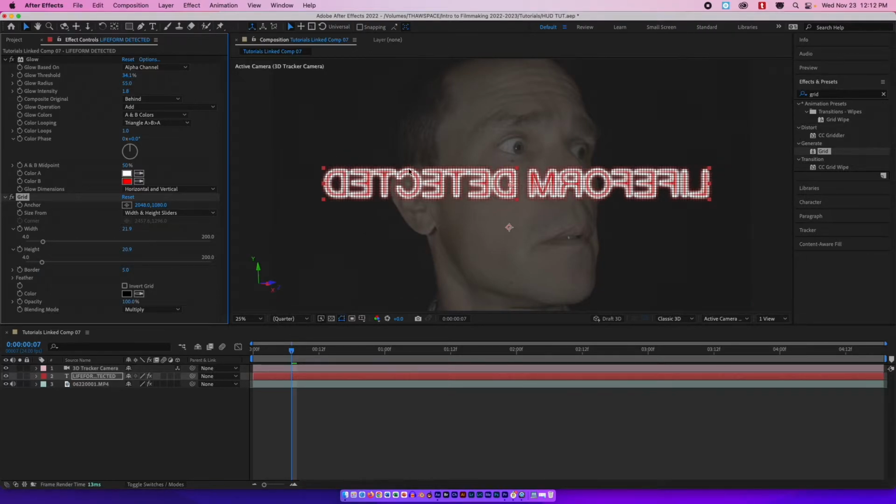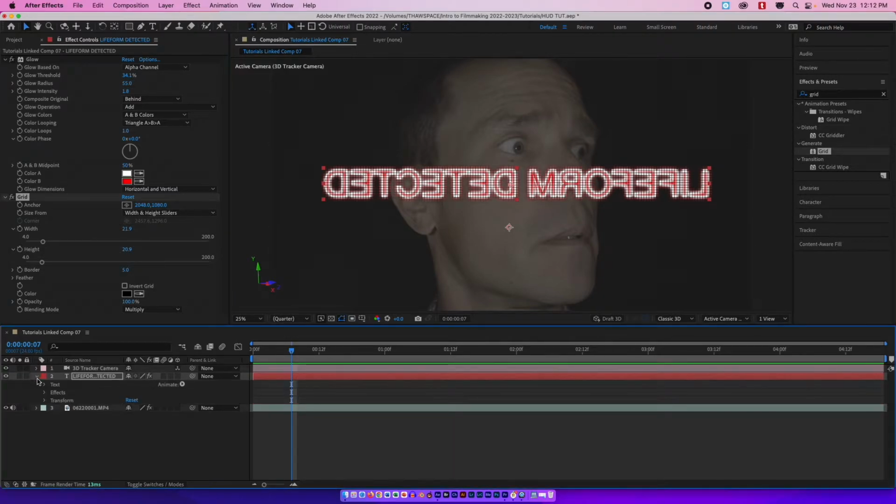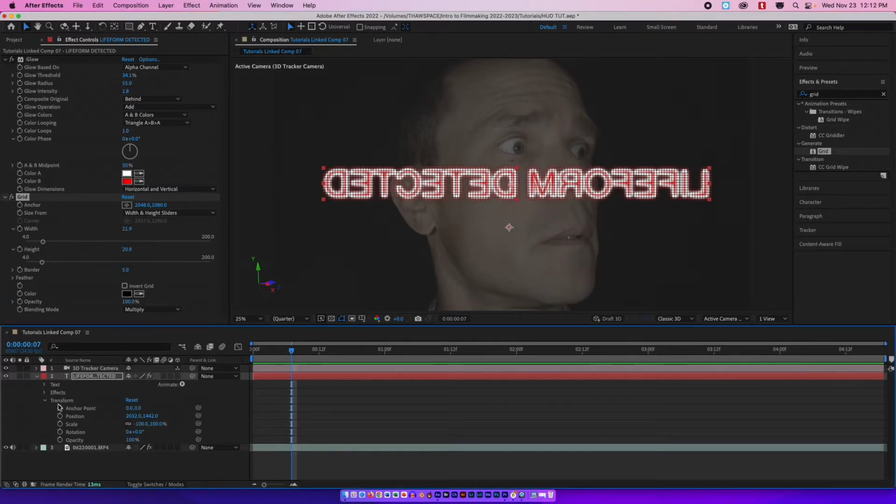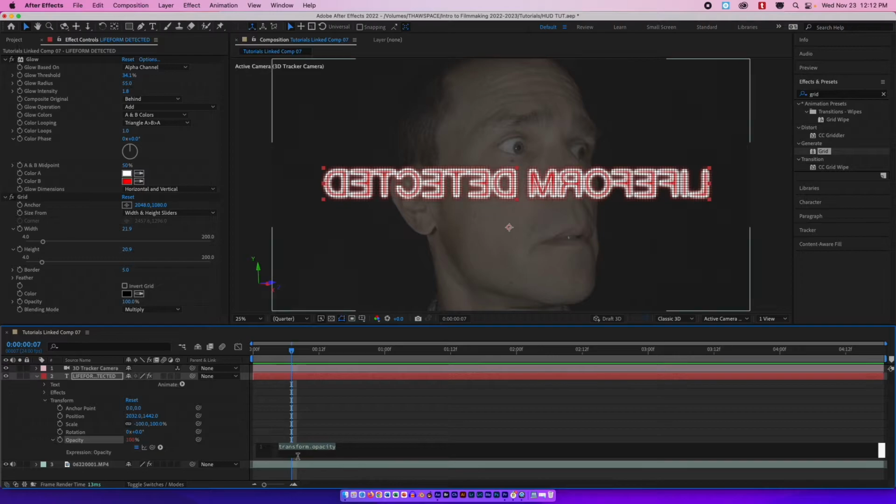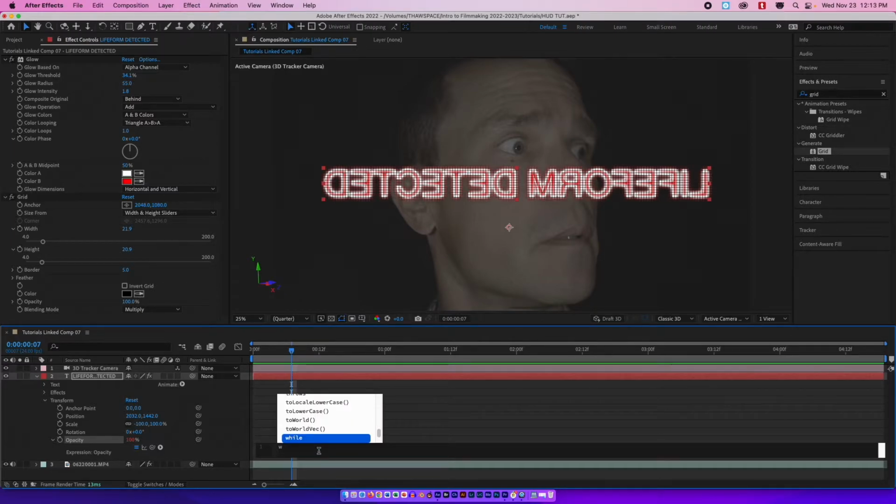So now that I have done that and I've got that grid, the other thing I want this to do is flicker. To make it flicker, I'm going to come over here to this arrow and expand the transform, and I'm going to come to this little stopwatch here. I'm going to hold the Alt key on Windows or Option key on a Mac and click that stopwatch. Then it gives me this little thing that looks like coding, and it's highlighted the text there, so I'm just going to replace the text by starting to type, and I'm going to type wiggle,